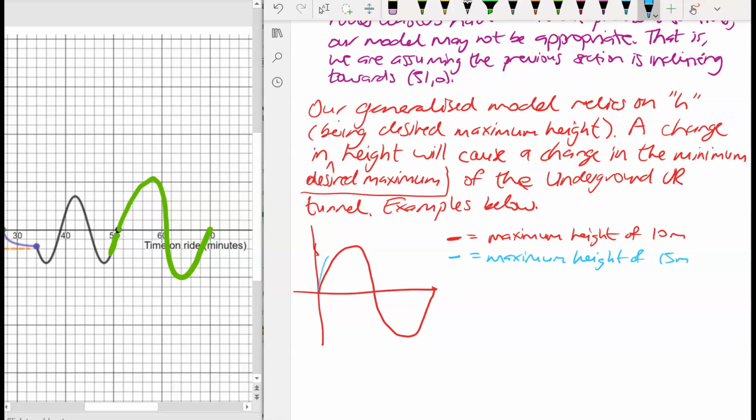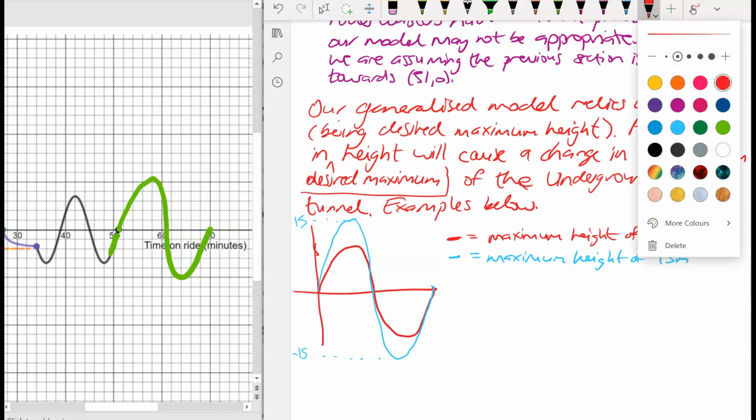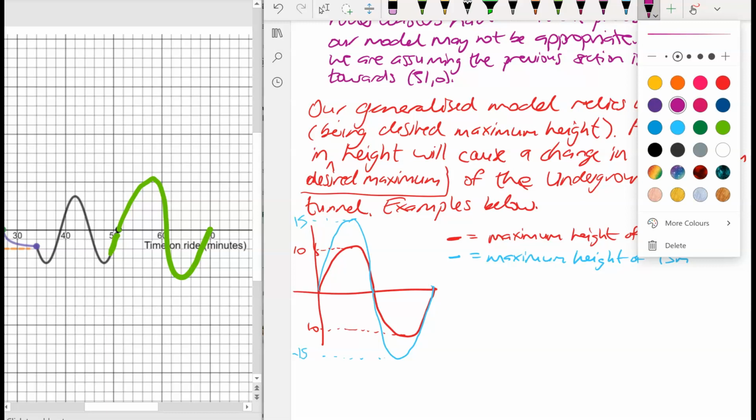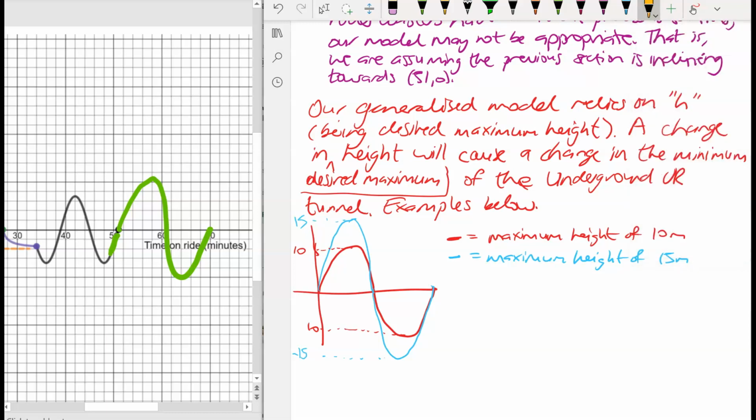So if that goes up to 15 meters, the minimum also goes down, and that becomes negative 15. And conversely, let's get the maximum set up there, 10. And similarly, if we change it to maybe 5,